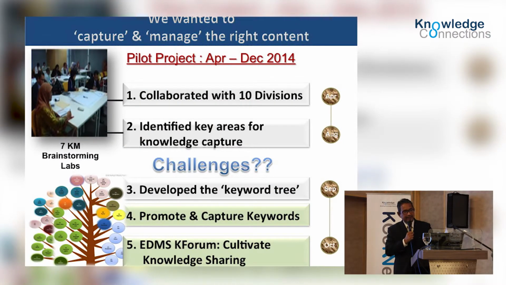Since it's a pilot project, we only selected 10 divisions. In all the 10, the officers were from senior level management. There were the 48s, the 52s, and the 54s. But you have no idea what we went through with all these senior officers. These are busy people. Trying to get them into a room is so difficult. You can imagine what we have to go through.